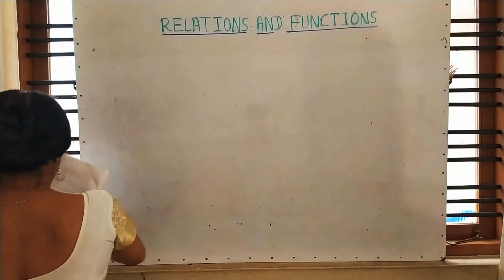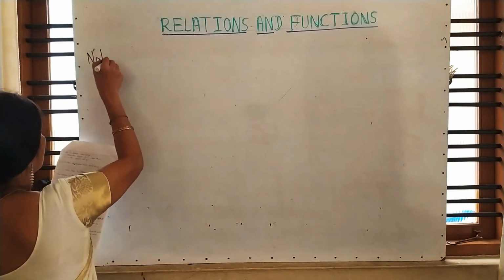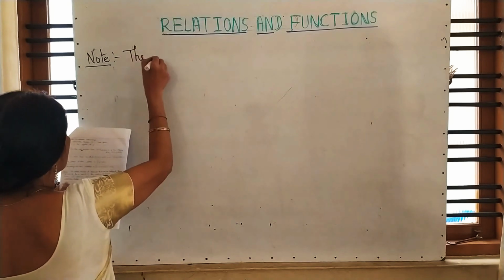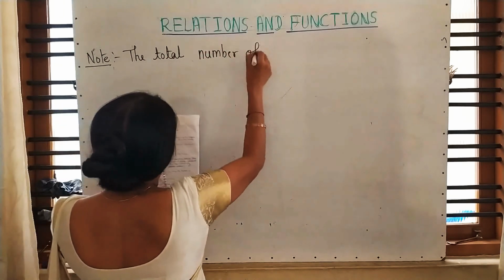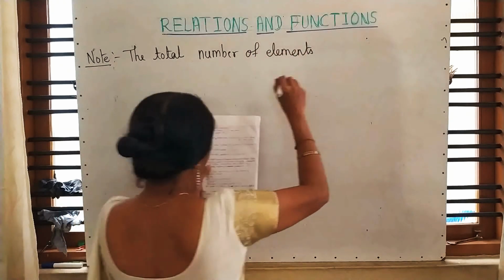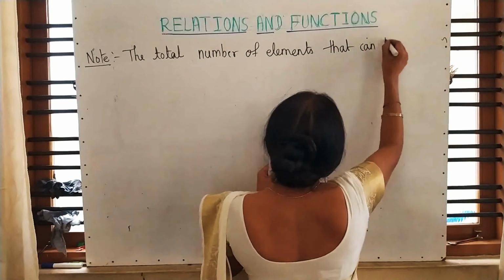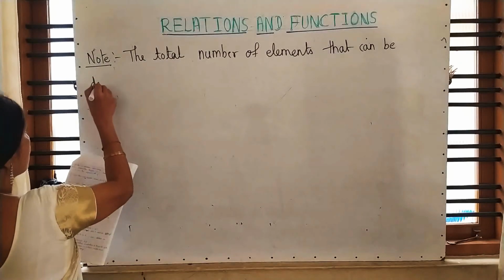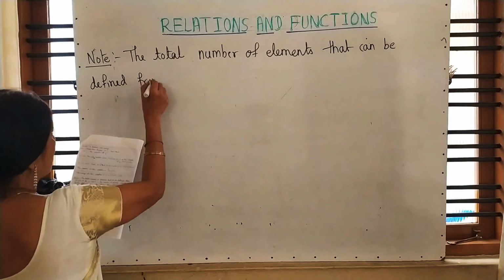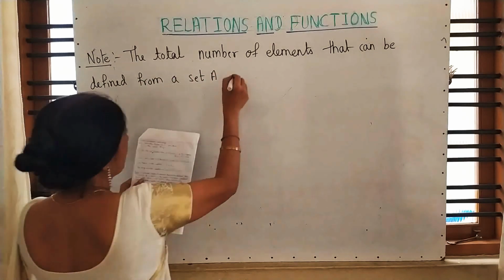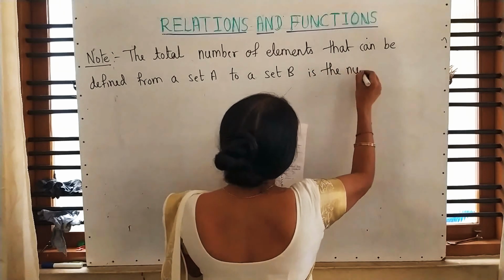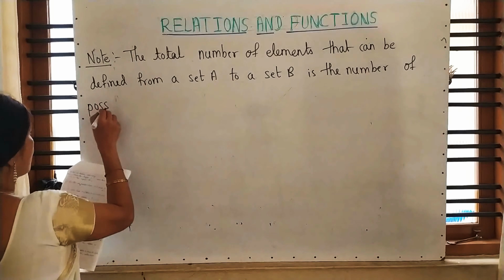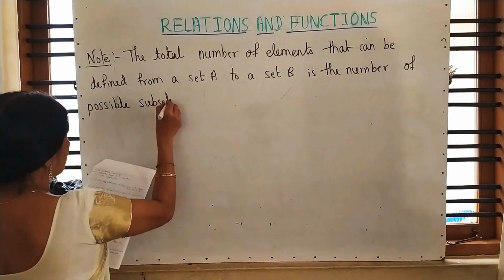Write on the note. The total number of relations that can be defined from a set A to a set B is the number of possible subsets